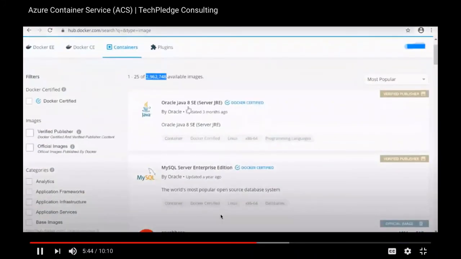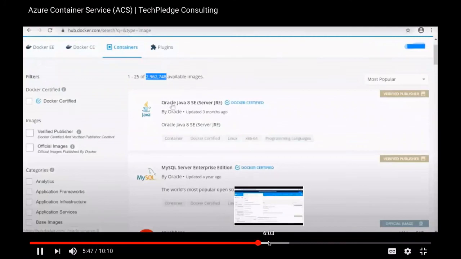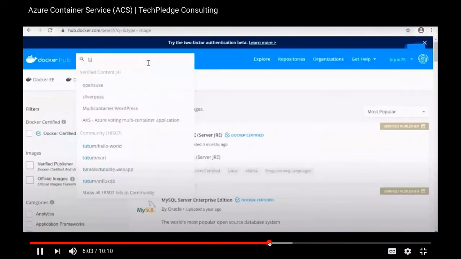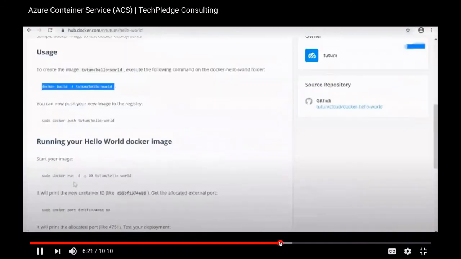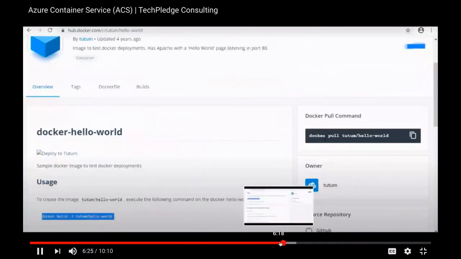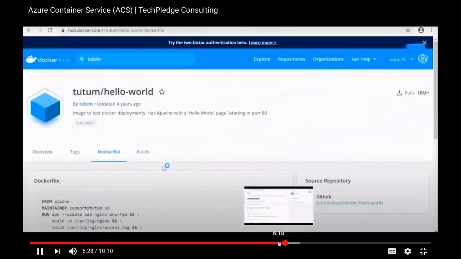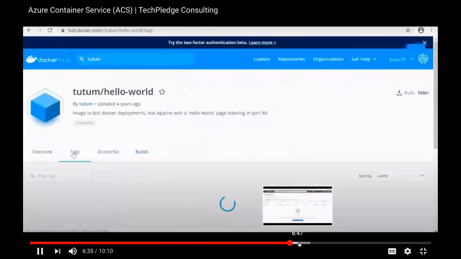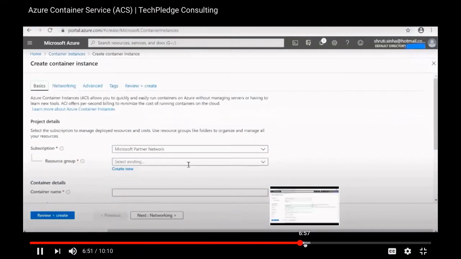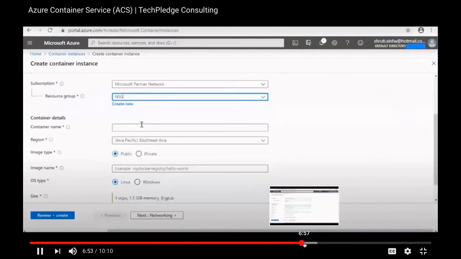Again I am going to type the same tutum hello world, and I copy this name. I come here. This is the way we select the resource group.